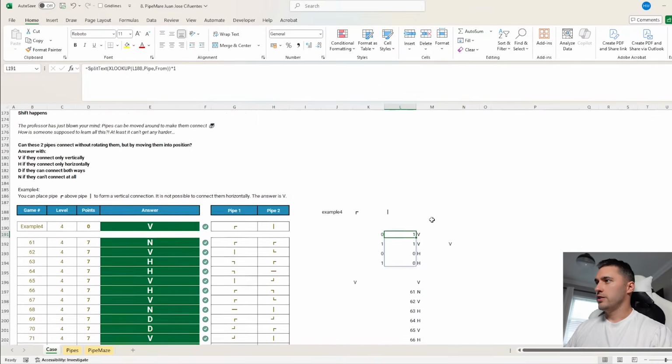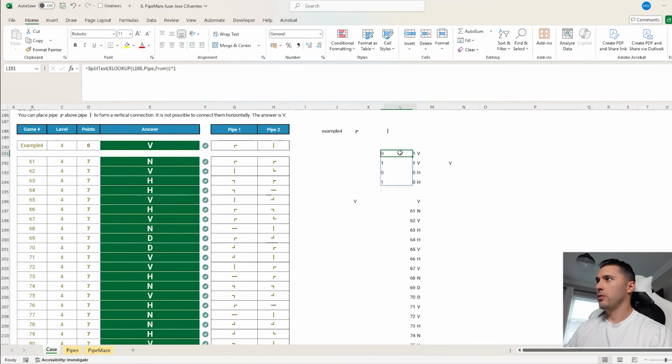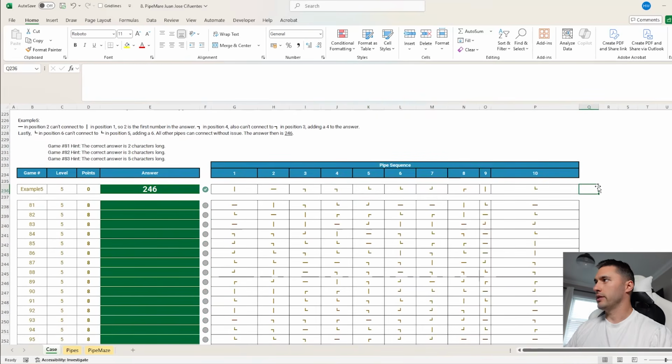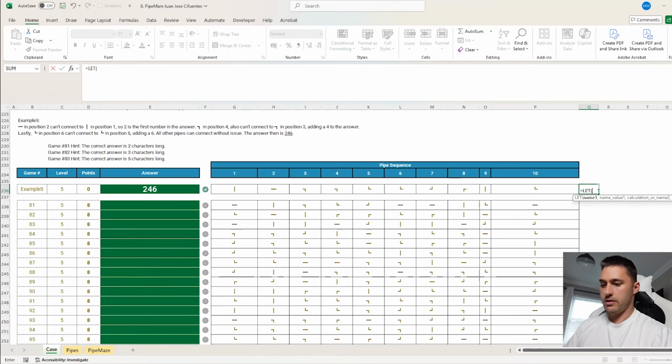So we're going to kind of use this idea that we had up here. We're going to spill both the pipes, and if this is a 1 in any row, it means there is a valid connection. Here we got this V, so we just want to know if the row is the same anywhere. So let's just build that out. Let's say equals let pipe 1 be X lookup this